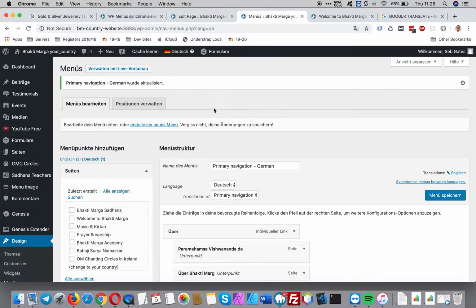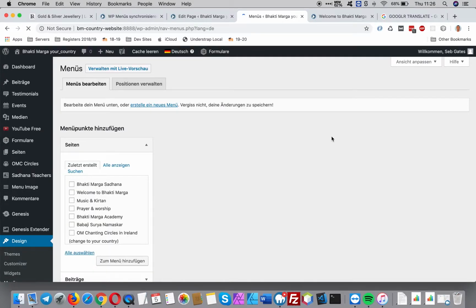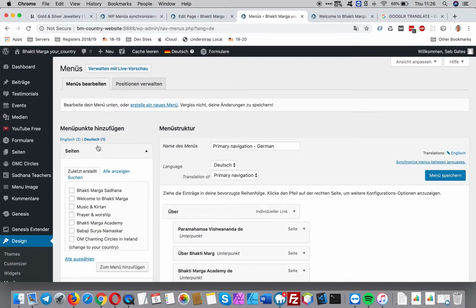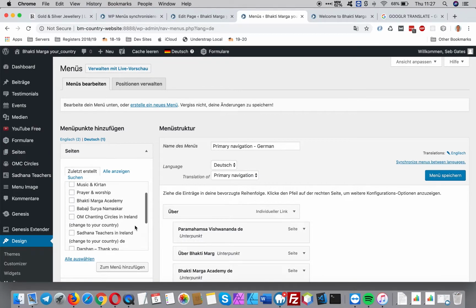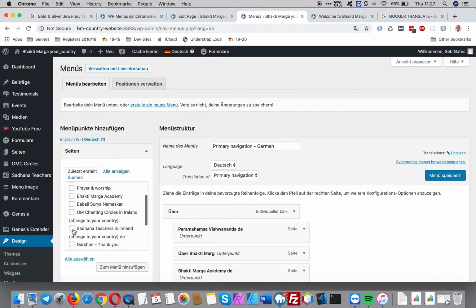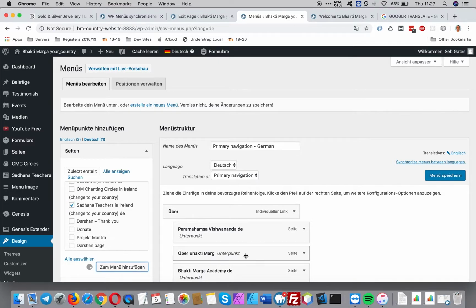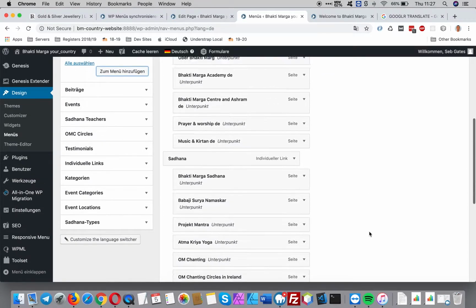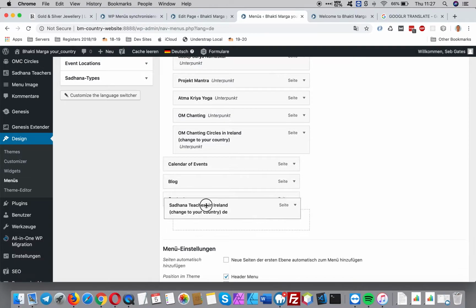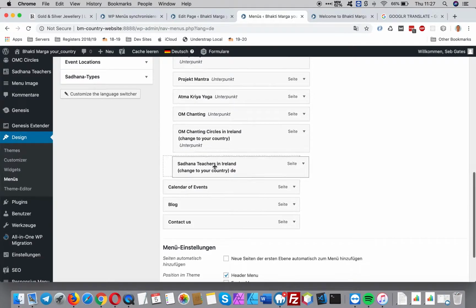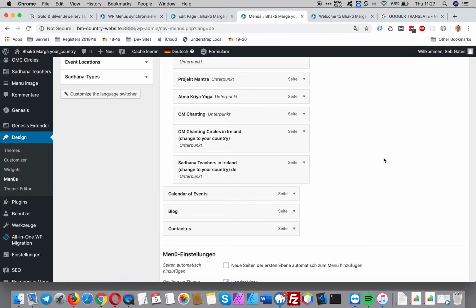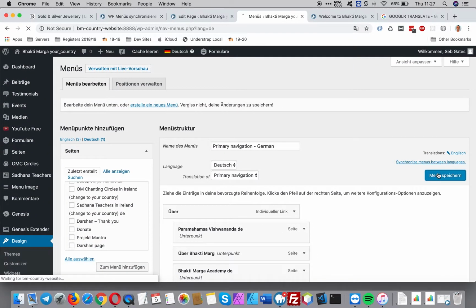Okay, so go to the menus. I need to refresh the page because obviously I've created it just recently, and now what I want to do is edit the German, but what I want to do is try and find Sadhana teachers DE, that's the guy, right? Press in, you go, so that goes into the menu, but it's down at the bottom and I need to push this up. Okay, so I put it up to there, I indent it so it's there, press save menu,